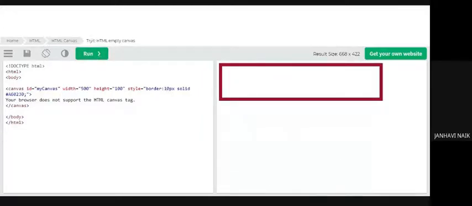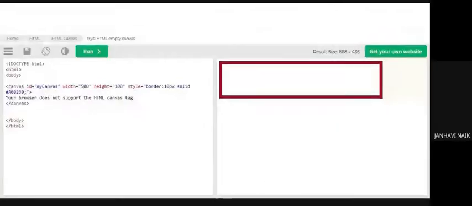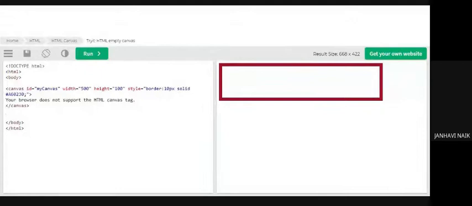Now, when I want to insert some text, I'll just go back to this slide. It says canvas is used to draw the graphics via a scripting language. That means when I'm drawing drawings, it is fine. But if I want to add certain text, I have to use something called JavaScript. So for that, I have to open something called script.